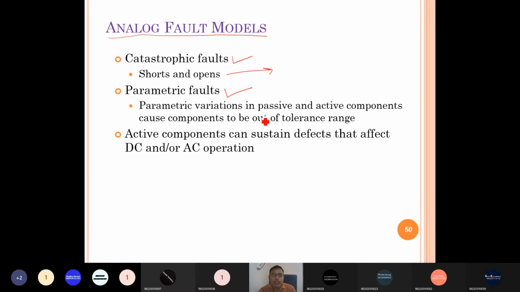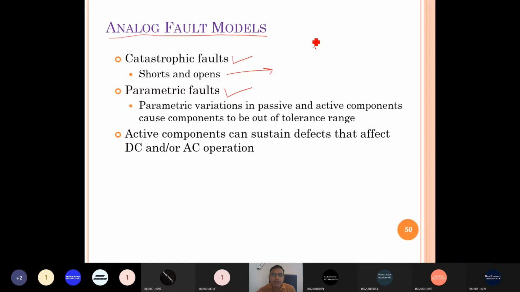In analog design, the value of each passive and active component is very important, right? It does not have any range like in digital design. So the particular value is important. If any component value diverts from its particular value, it will affect the performance of the analog circuit.